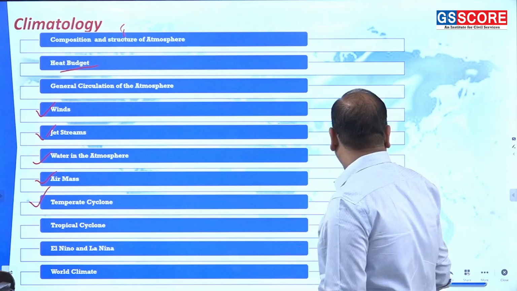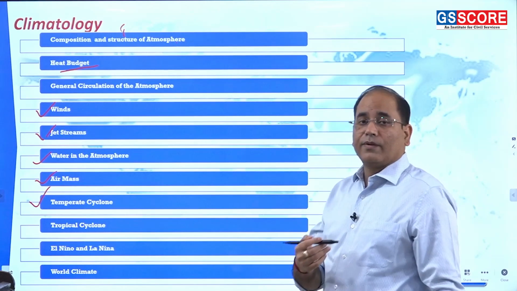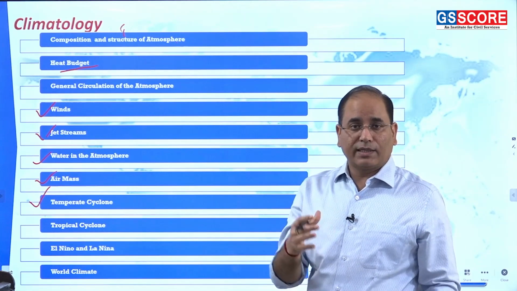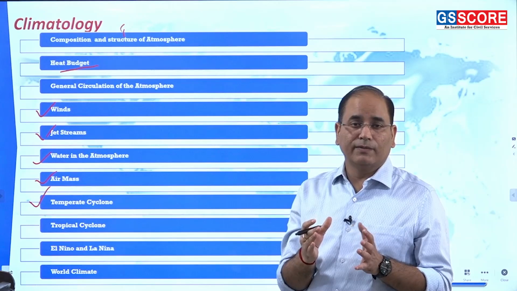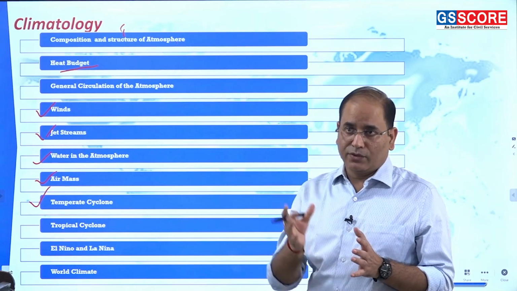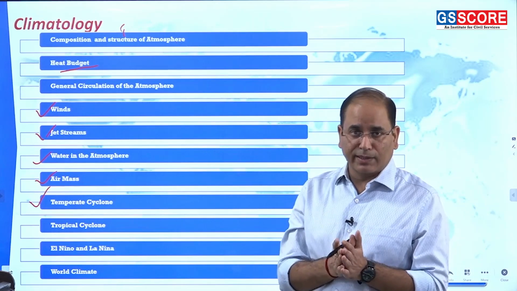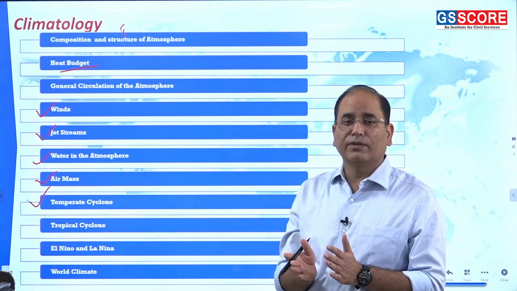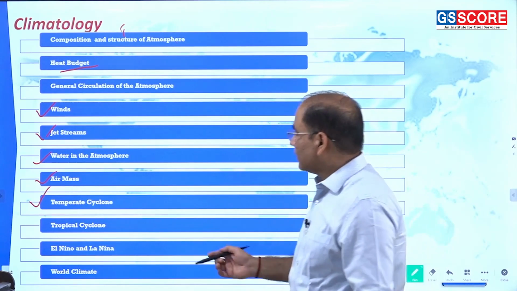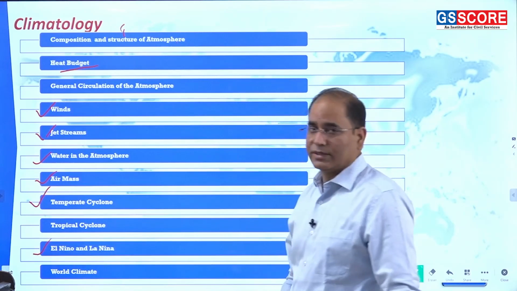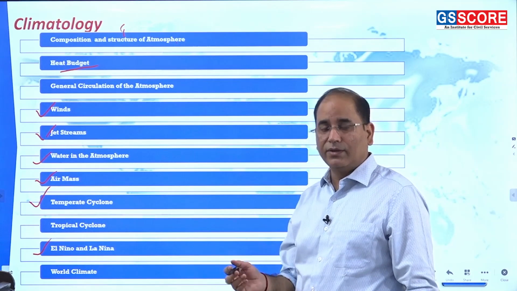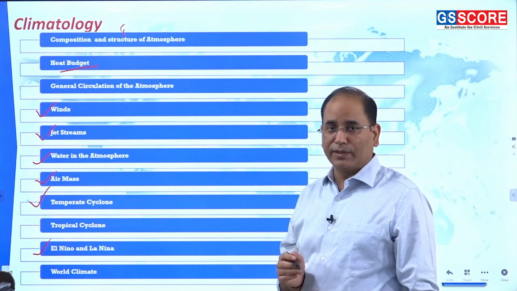Then one more weather related phenomenon that is highly associated with oceanic phenomena. So weather and ocean, atmosphere and hydrosphere, are very much linked up. Tropical cyclone is also linked up with that. Another phenomenon is El Niño. So El Niño, La Niña, where these El Niños are developing,